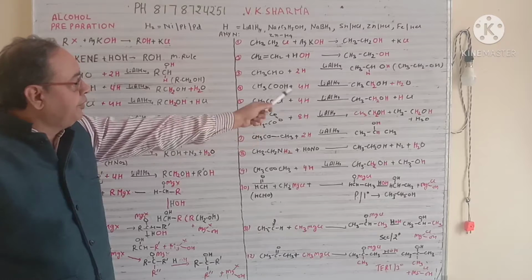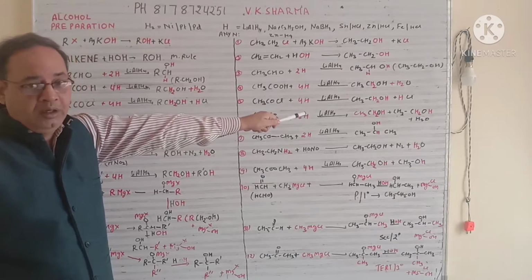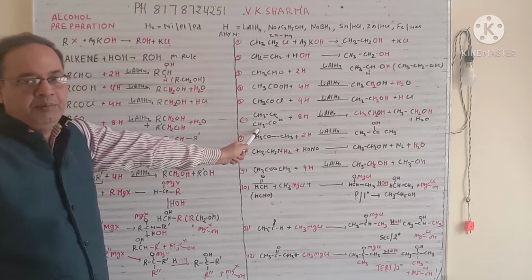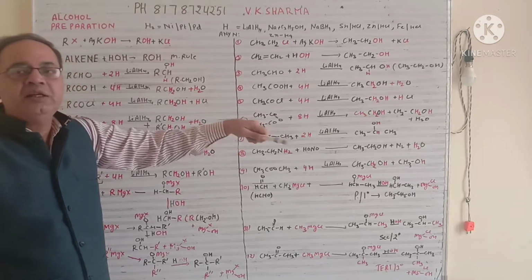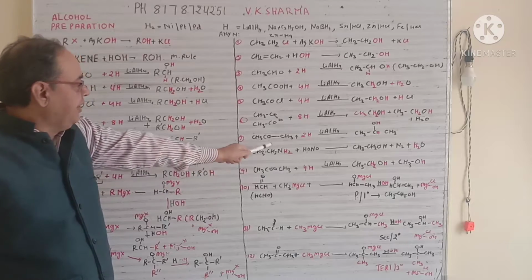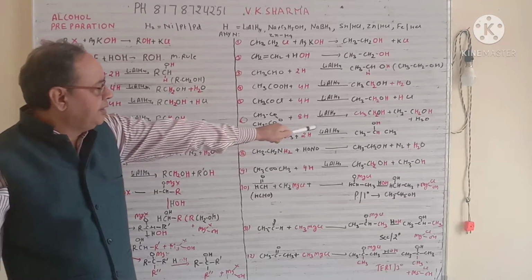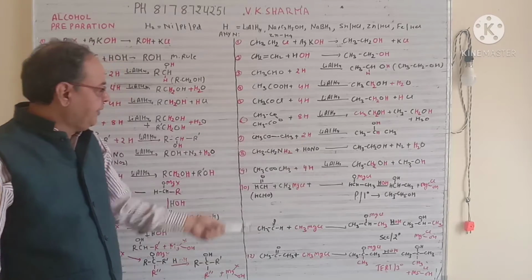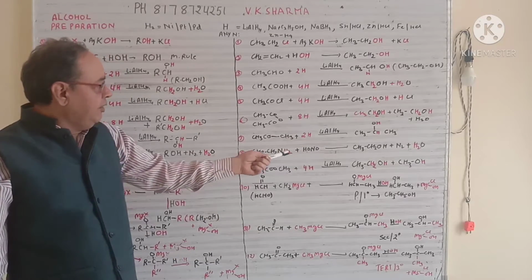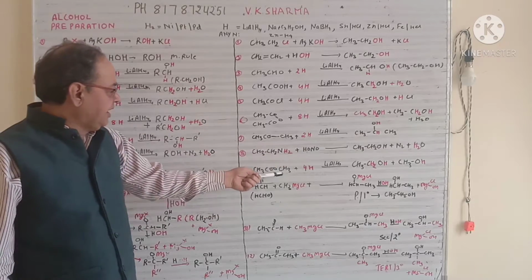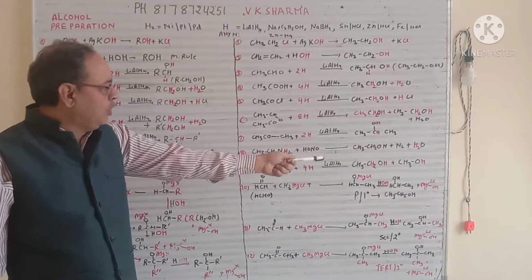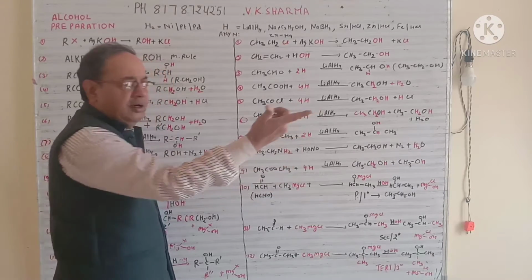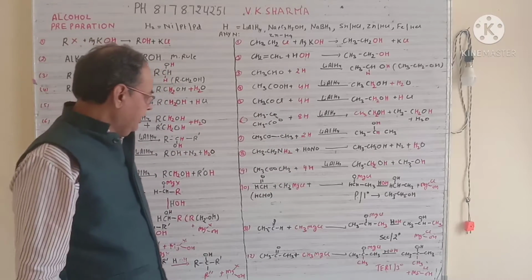Ethanoic anhydride gives you a mixture of ethyl alcohol, 2 ethyl alcohol we can say. Suppose this R is different, so you will get a mixture. If both are the same, you will get twice the quantity. Same way, a ketone with 2H gives you a 2 degree alcohol, that is propanol, so it will give you 2 propanol. Same way, ethyl amide will give you ethyl alcohol, methyl ethanoate will give you ethyl alcohol plus methyl alcohol. This carbon, if it is different, you will get a different alcohol group.